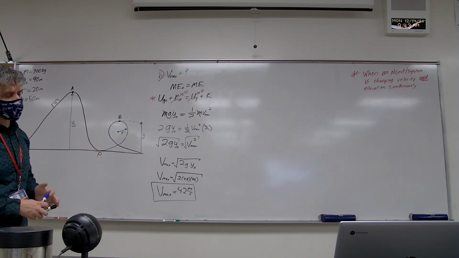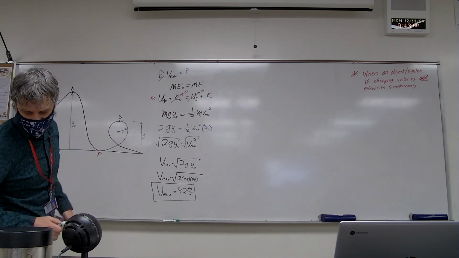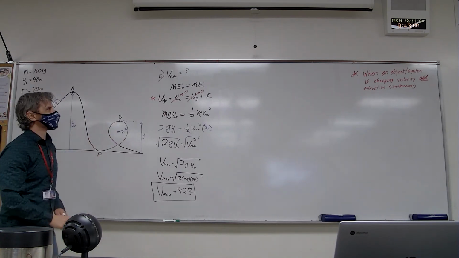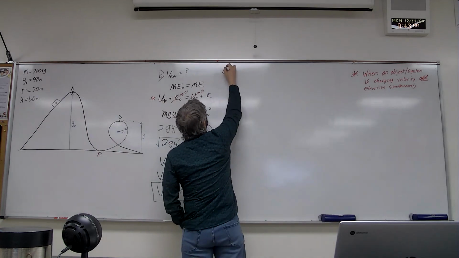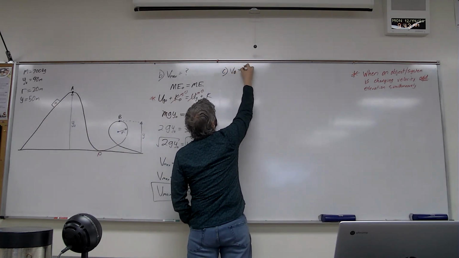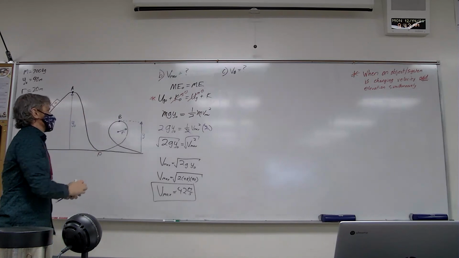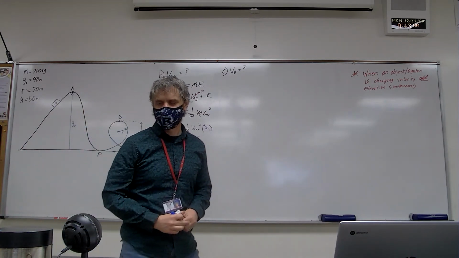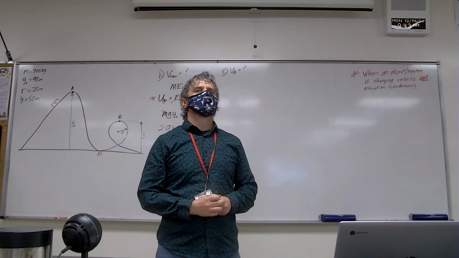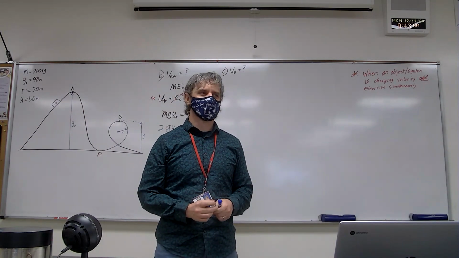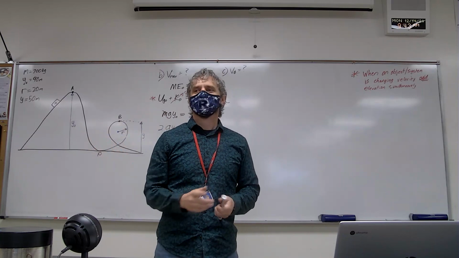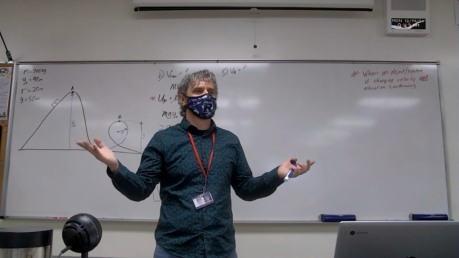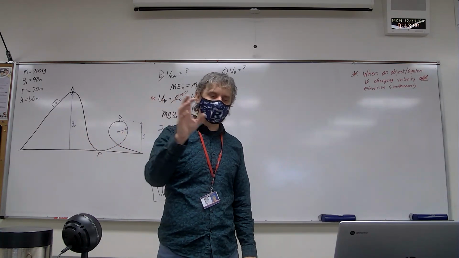Feel all right? Okay, the next one, calculate the speed VB of the car at point B. So now we want to know how fast that car is moving at point B. We call that VB as our question mark. Now when you see this problem, your brain should say, there's a loop there, so I should probably be thinking about vertical circular motion. Right when you look at it. We are in the realm now where free response questions and multiple choice questions will not just be dealing with what we're currently